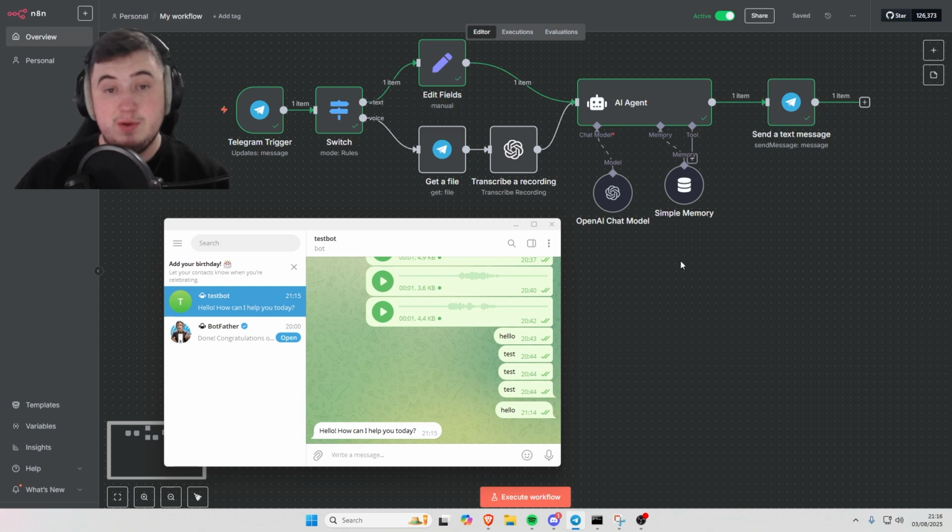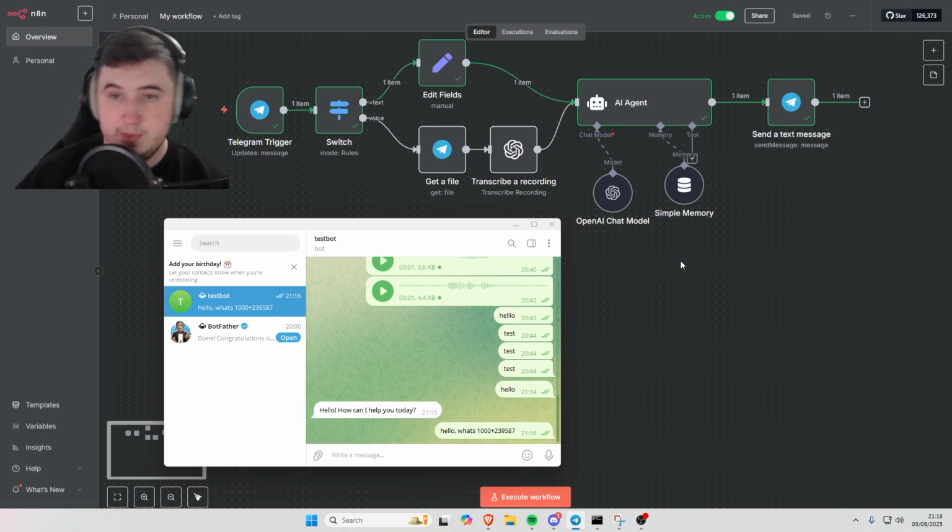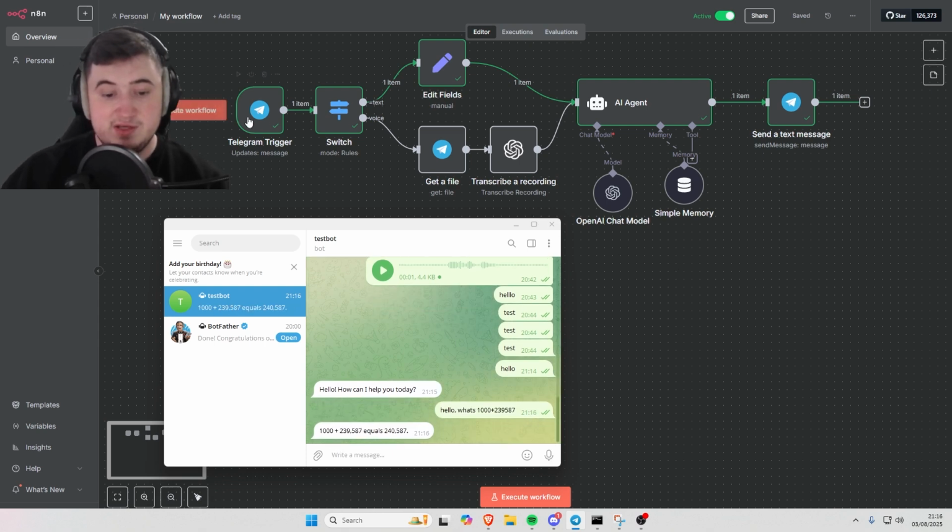So I've got a Telegram bot here which will take a message that I'm going to send it. It will process it accordingly, whether it's voice or text, and then pass it through to the AI agent and then output a reply back to me in Telegram. So if I just send a message, hello, what's 100, 1,000 plus whatever that number is, and send it off, it'll pass through the automation and then it'll come back with a reply. So that equals 240,578 apparently. So as you can see, it replies to text,